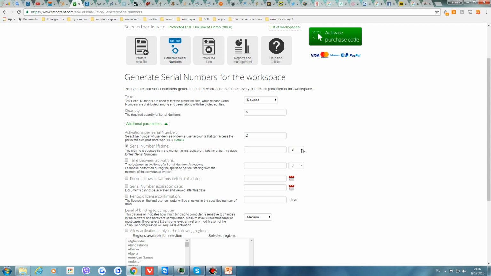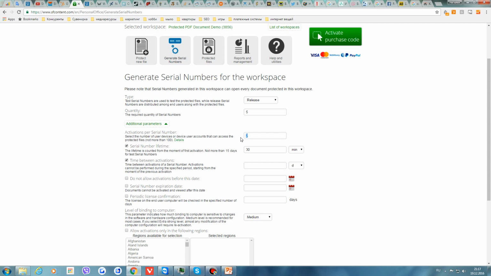Serial number lifetime. You can select here days, hours, minutes. So you can provide a 30-minute access to your document, and it works up to activation. So when your serial number is activated, time starts to count. Time between activations. People usually use it when they don't want their activations to be used at once.